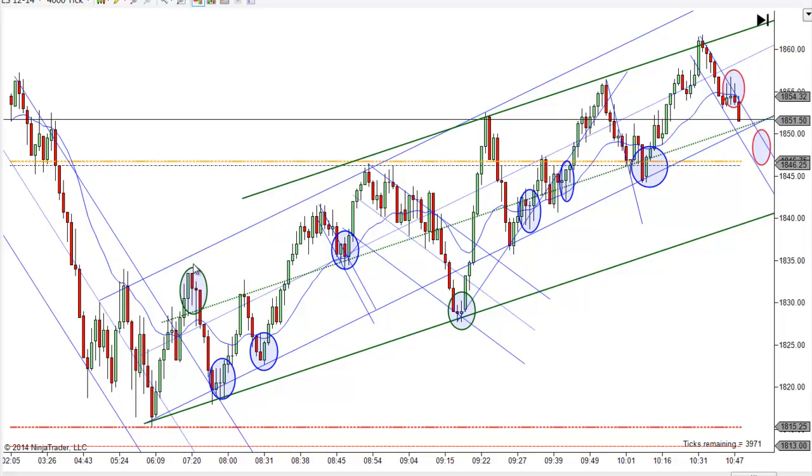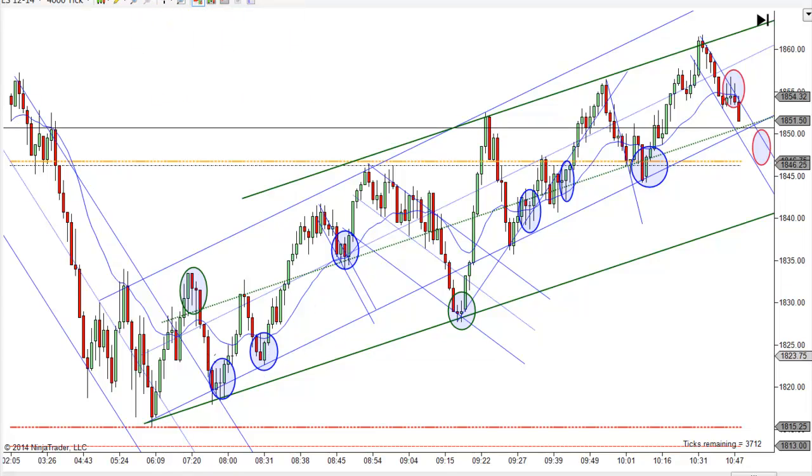If you're going short here, the stop has to go above the signal bar, which is up here. If you're getting long here, it has to go below the swing low or signal bar, which is right there. This may not actually be the signal bar, but that is the low of the swing, so that's where your stop has to go. And notice prices try to come back, but they never get back there. Here's the low of this one, so your stop has to go right here. Just to get an idea,